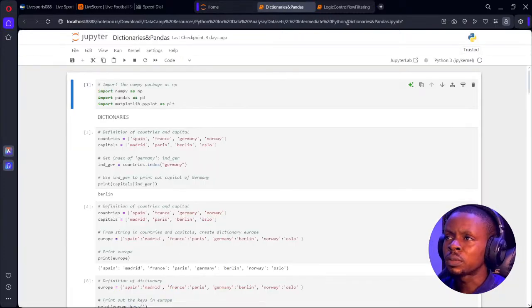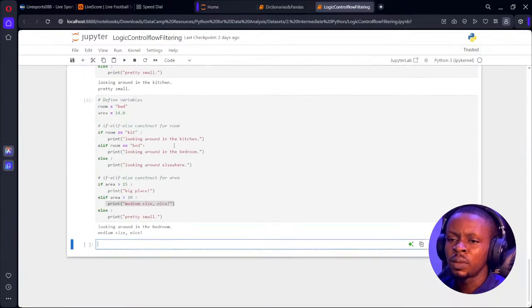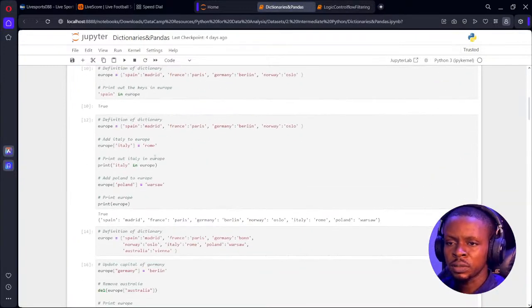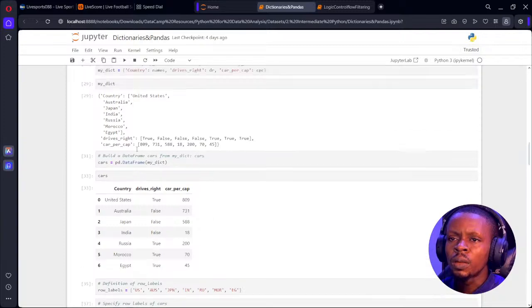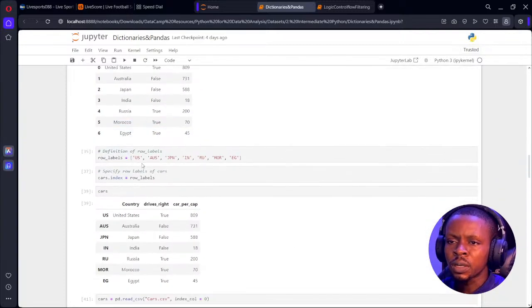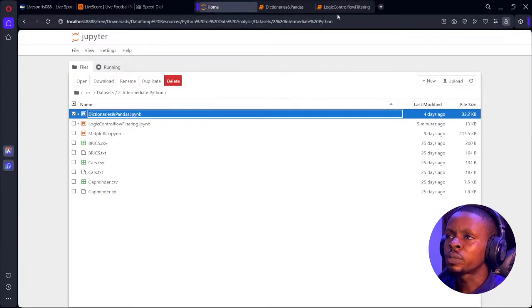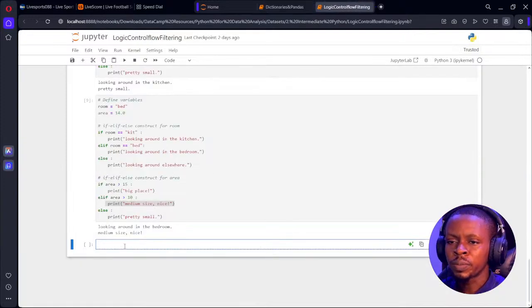So I could just go to, and we have our packages imported. So let me just point to the data set real quick. I'm going to use pd.read_csv. This cars CSV right here, we're going to connect to it for our analysis here. Control C, so I'm going to paste it right here